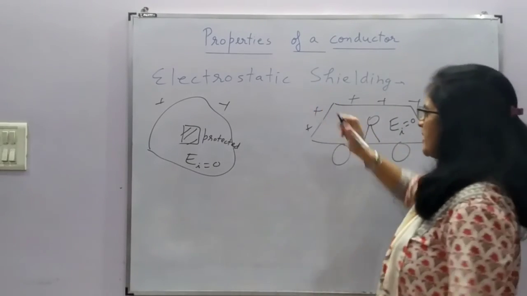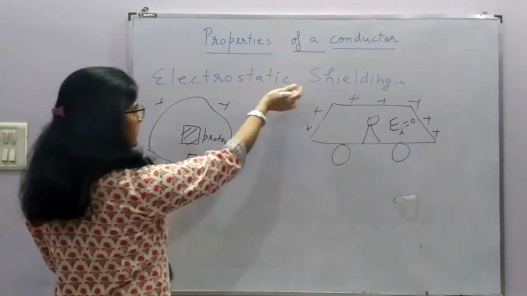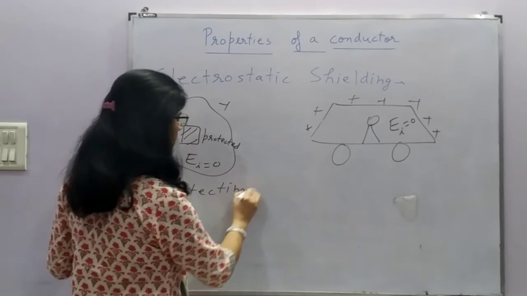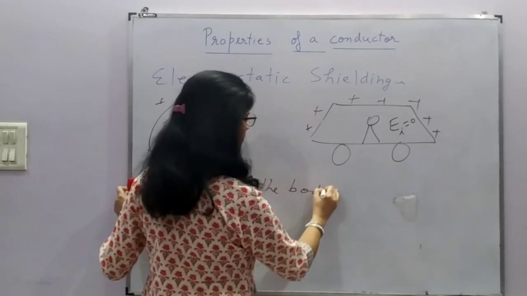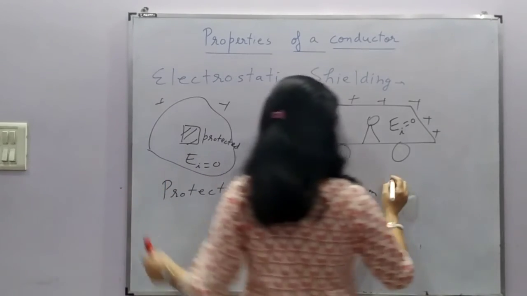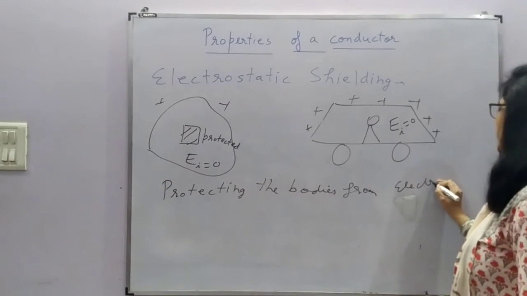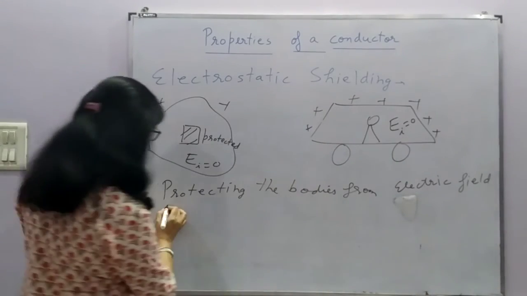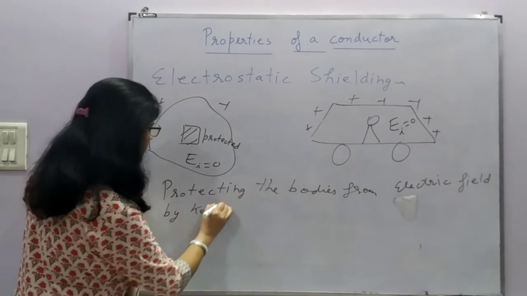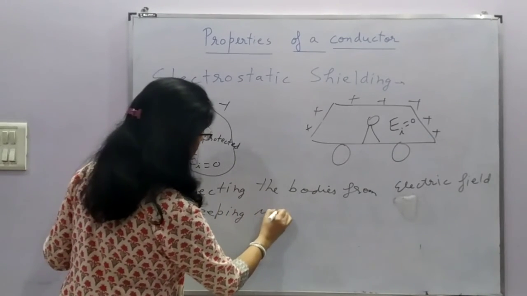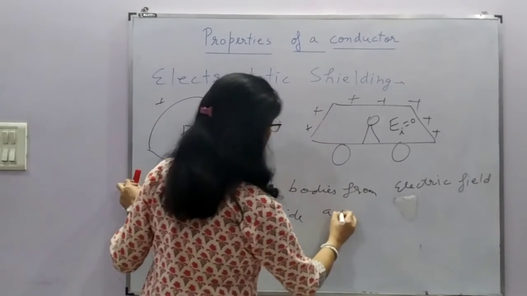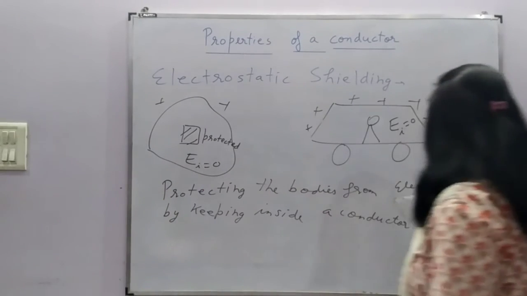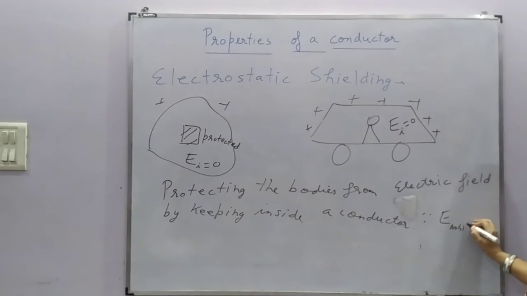So if we are inside the car, we will be protected because the electric field inside is 0. So this is what electrostatic shielding can be defined as: protecting the bodies from the electric field by keeping them inside a conductor. This is because the electric field inside a conductor is